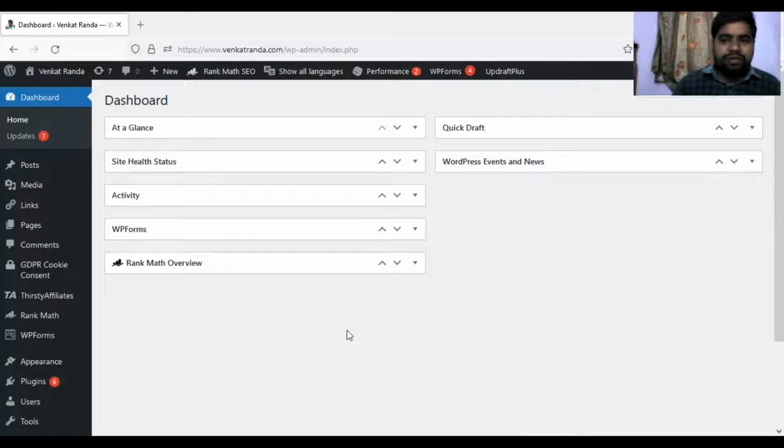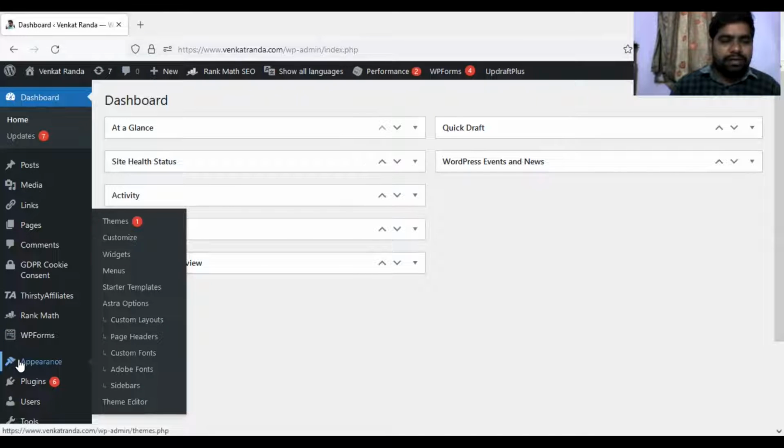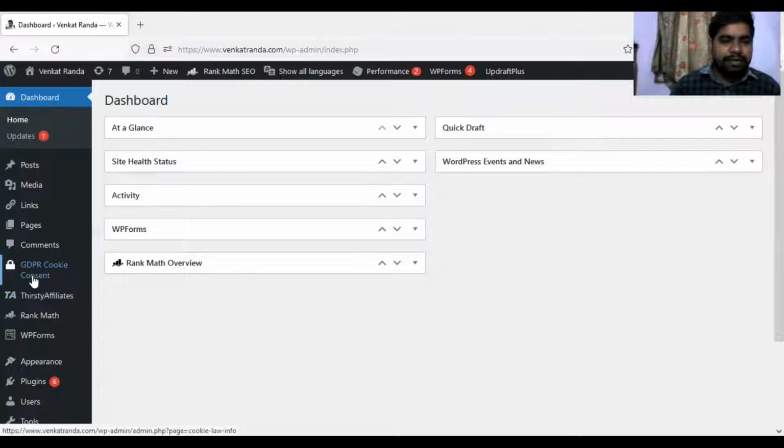By default, there is no option to add the table of contents in the WordPress installation, so for this you have to install one plugin. There are a lot of plugins in the market, and I'm recommending Ultimate Addons for Gutenberg by Brainstorm Force.